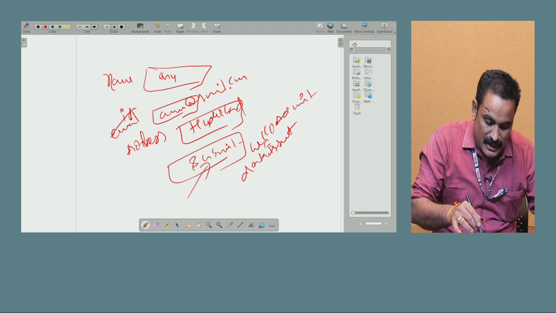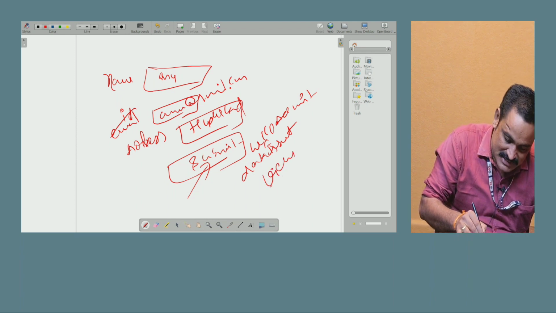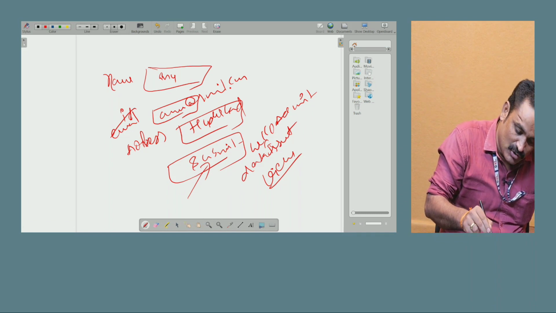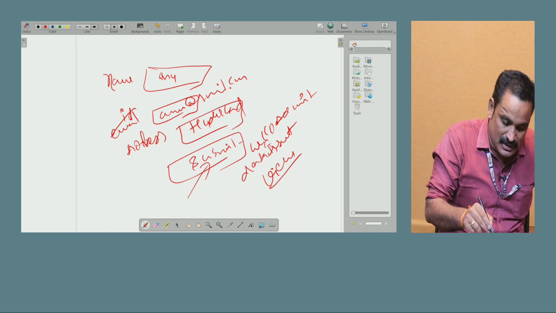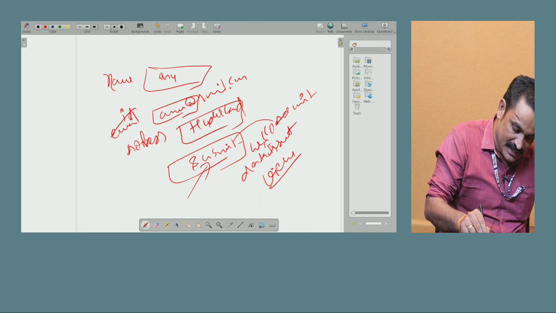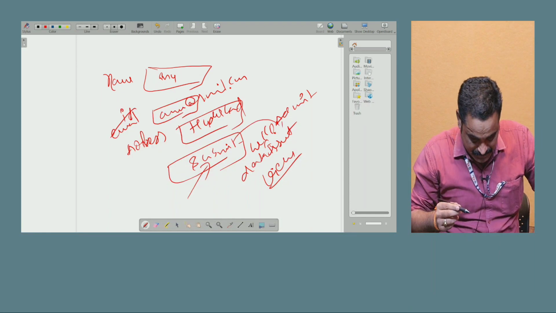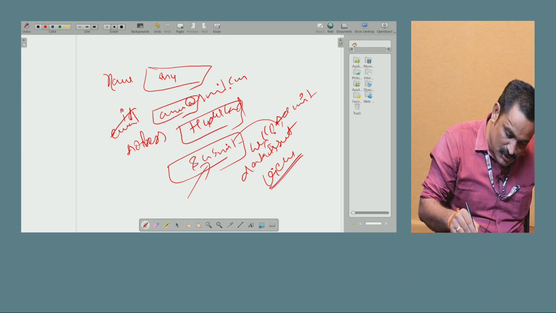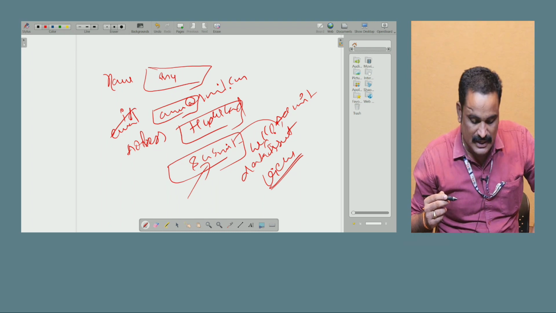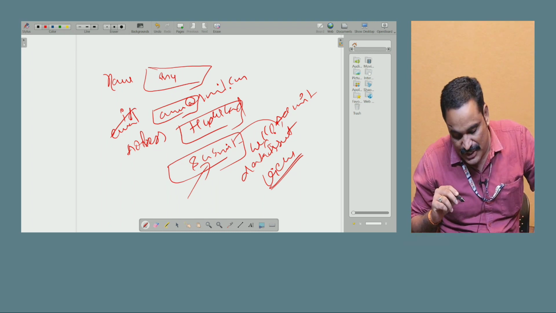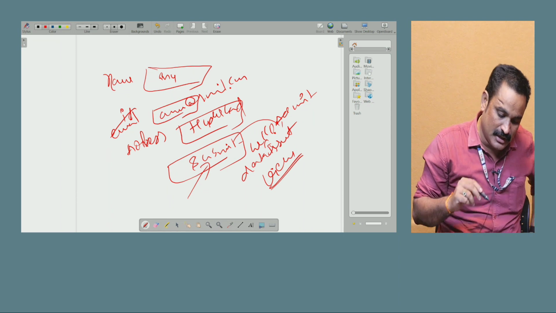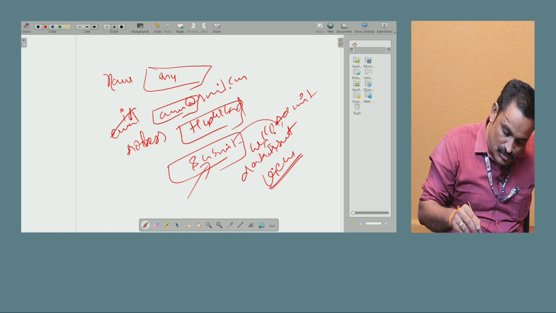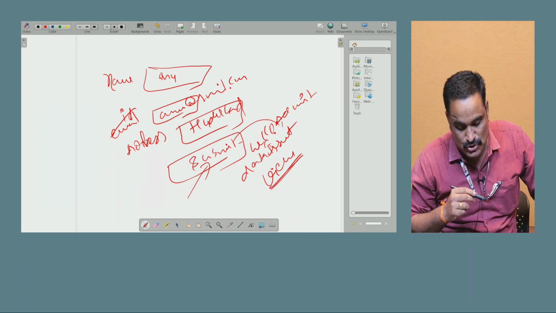Then again it will give us another hyperlink, which is nothing but view. Try to understand, here I am representing the connection. Whenever we click on submit, it will show one message, "Welcome, hello admin, data inserted successfully." Then it will show one more hyperlink, that is view. As I already mentioned, how we need to develop the code for a hyperlink, I have already written on the board also. By using that, we need to write one more hyperlink